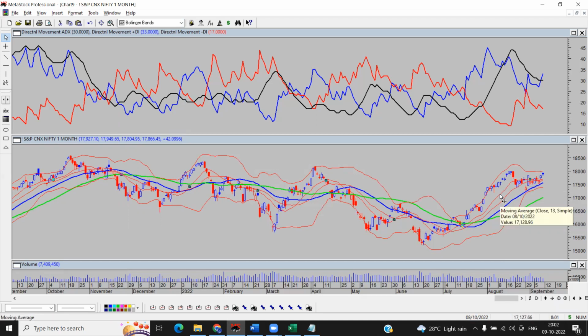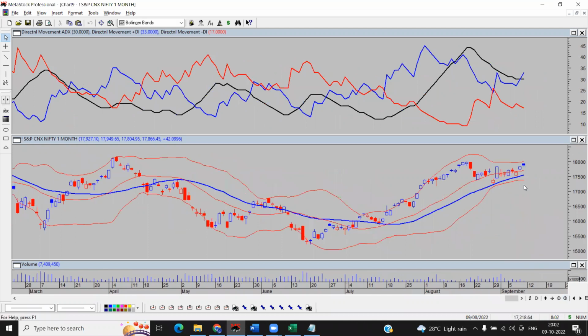Let me delete the 13, and let me delete the 30 also. Your Bollinger Band study is also quite good. It has narrowed itself quite a lot. Now I'll discuss with you today another aspect in ADX, which will help you much more. We normally use 14 period ADX, right? This is 14 period ADX.